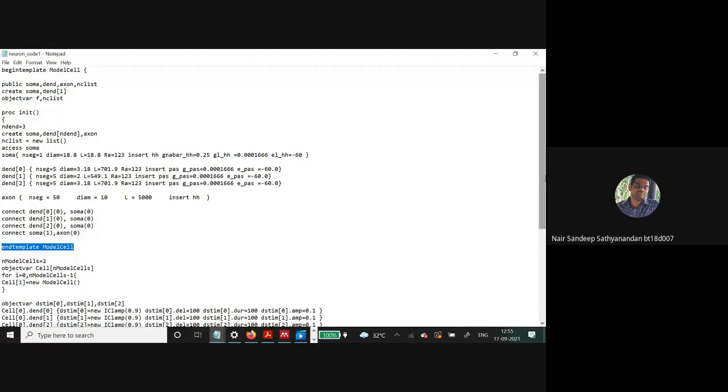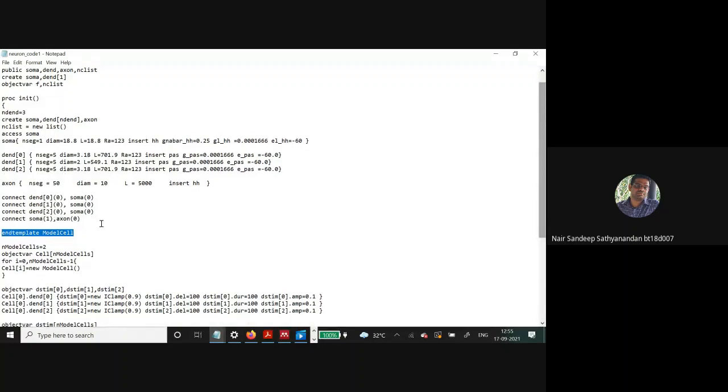Now when we want to call the other neuron, you define how many neurons there are. The number of model cells is equal to the number you want to define. Here I have kept it as 2. So we create a variable cell, which is like an array cell of 2. There are 2 elements. Now you run it in a loop and assign the properties to each of the cells.